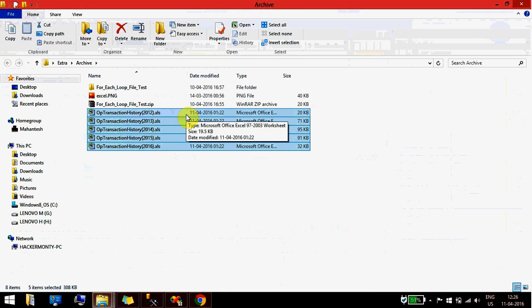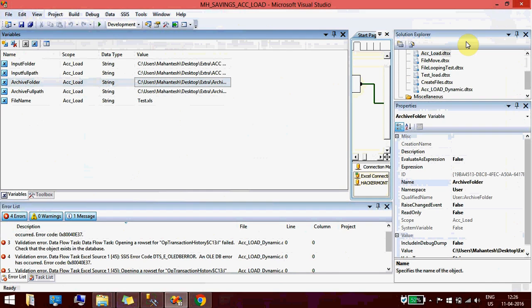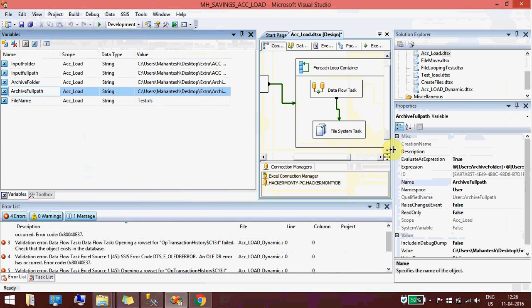So for an example, I'll delete this, and I'll show you. This is archive full path. Just observe here, this is just a value I have given, but here I have given an expression.